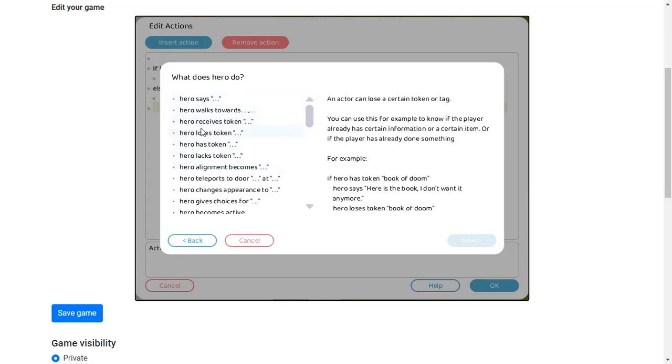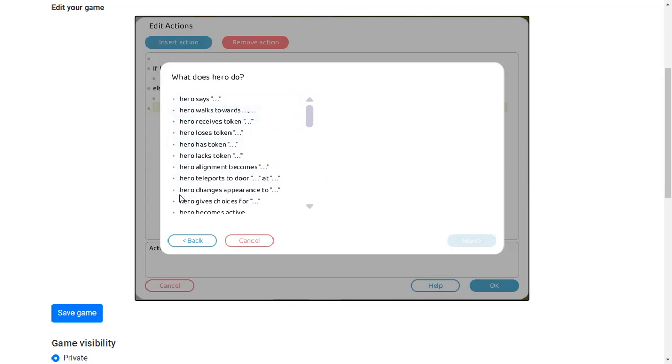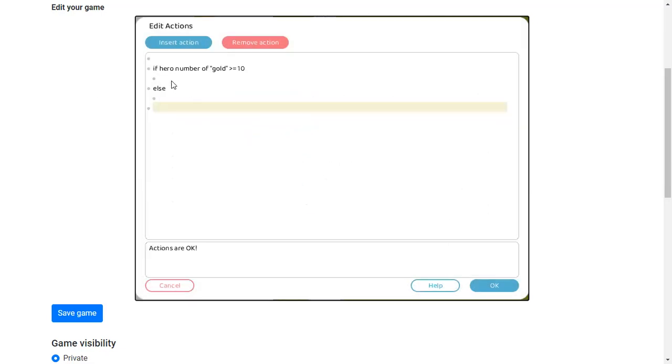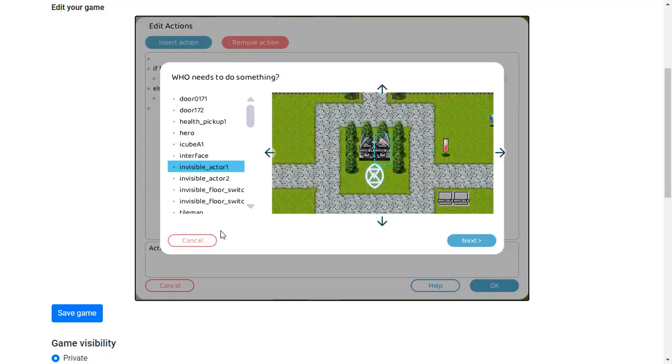which, I mean, no, because they say on the right. I suggest just reading these ones on the right to kind of get the concept. But what you really are going to want to know is that within these, there's also scope. There's scope within the scene, but there's also scope here, and it's nested based on indents. So if your number of gold is greater than or equal to 10,